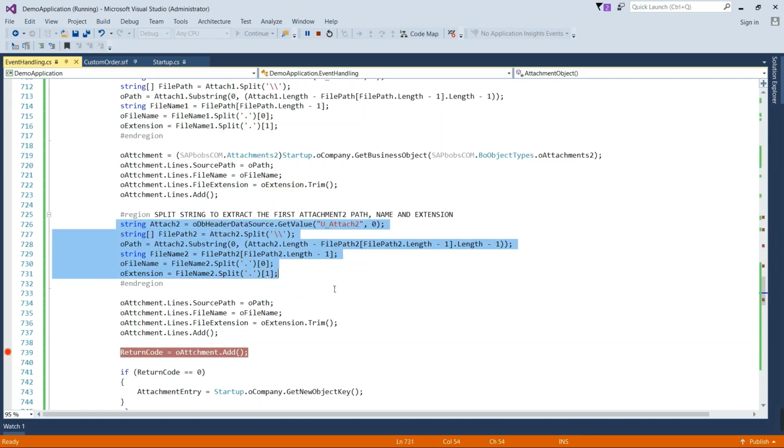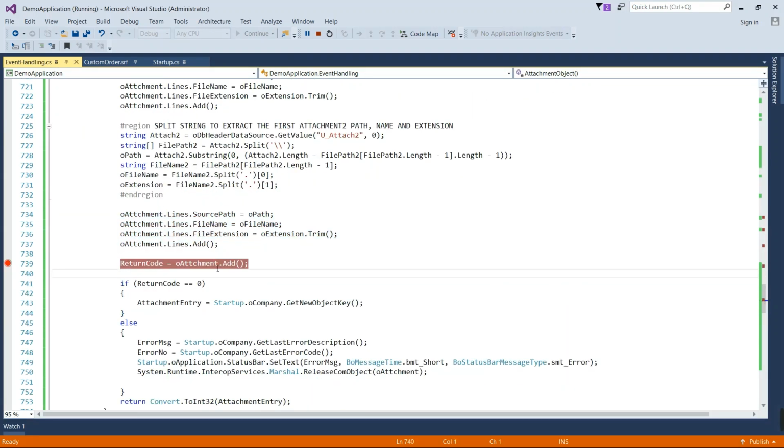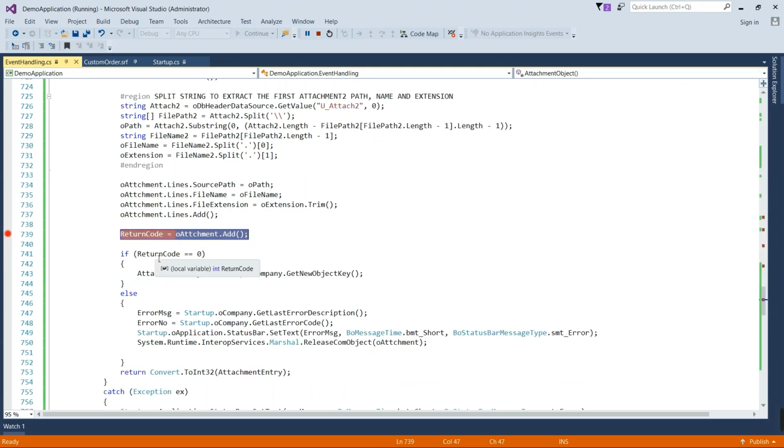Here you can see, and then we are adding that line, and then we are calling this attachment dot add function. Once the attachment is added, the value will come as 0 for success, and any other value would indicate an error message. Once 0 comes, the attachment ABS entry is returned with the help of get new object key.